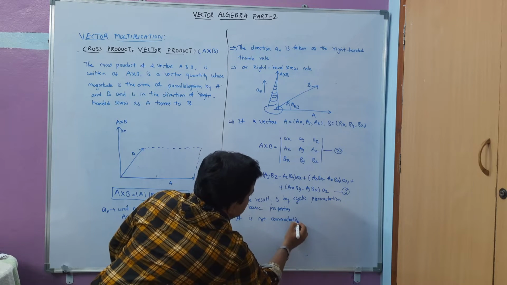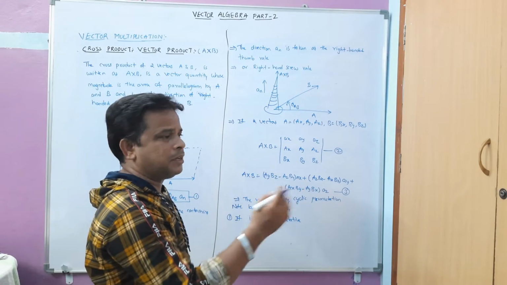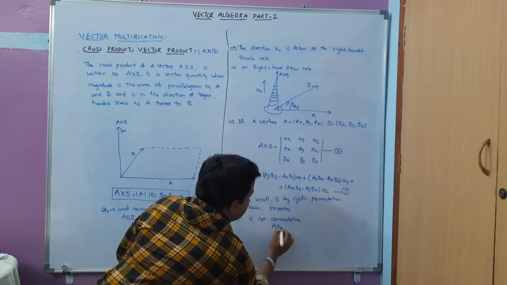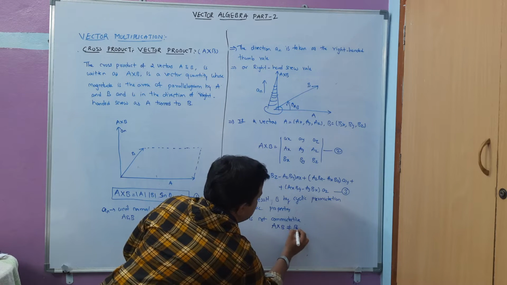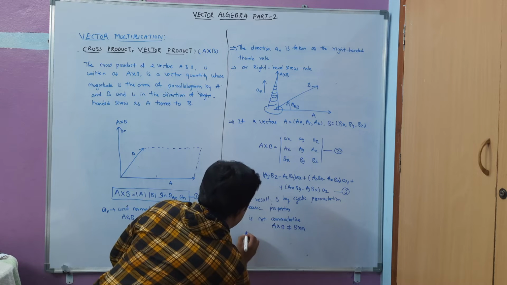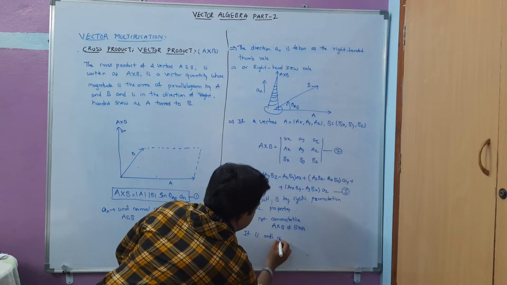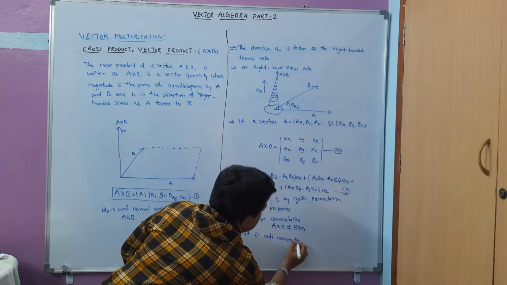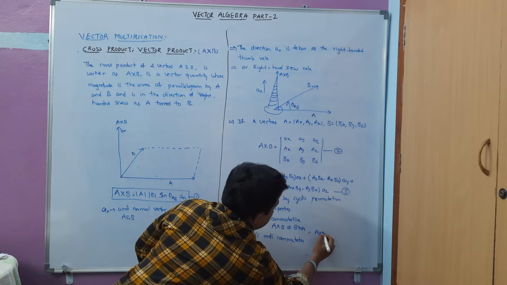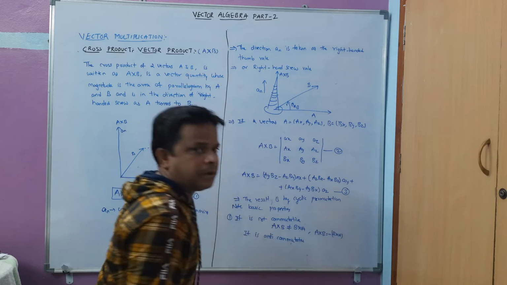As we have seen that A dot B is equal to B dot A, it is not going to satisfy the same here, that is A cross B is not equal to B cross A always. Okay, that is A cross B is never equal to B cross A. But it is anti-commutative, that is, I can say that A cross B is equal to minus B cross A.